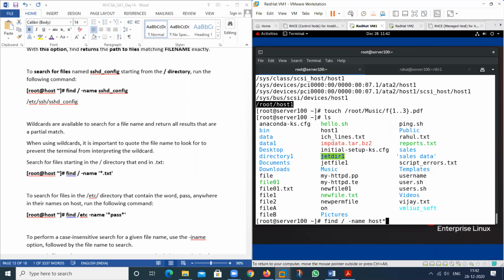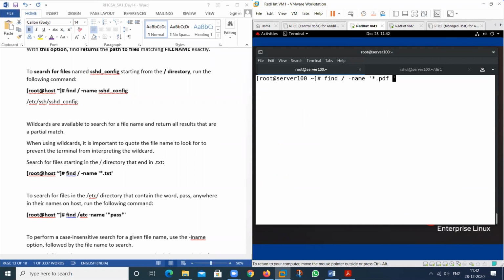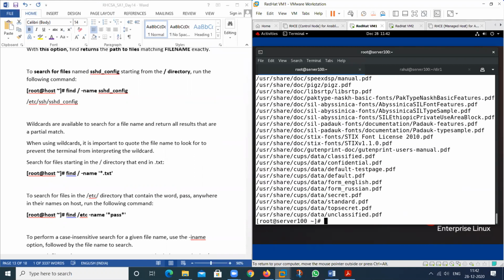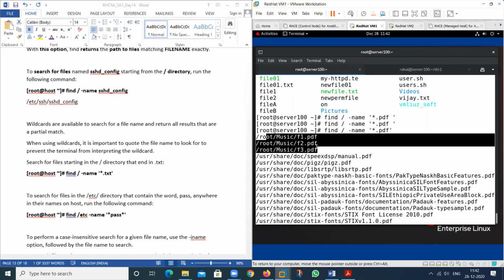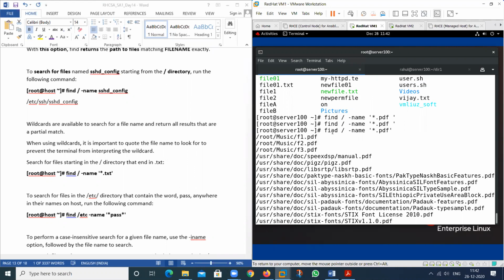So see the result. If I don't have the name, use a single quote first, then star for the name. It can be anything, then again dot, then pdf. See the result. All the files located in the Music location will appear. So this is the concept. If you want to search any file and you don't know the name, type star here.